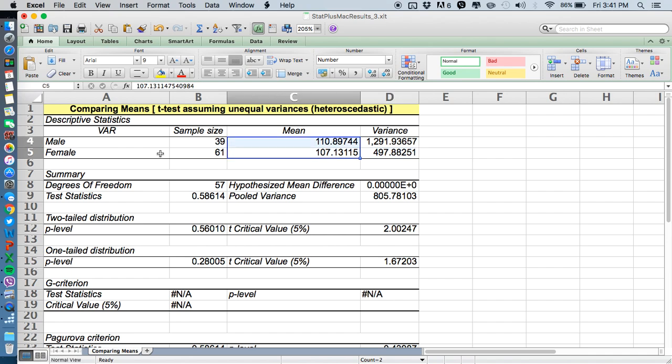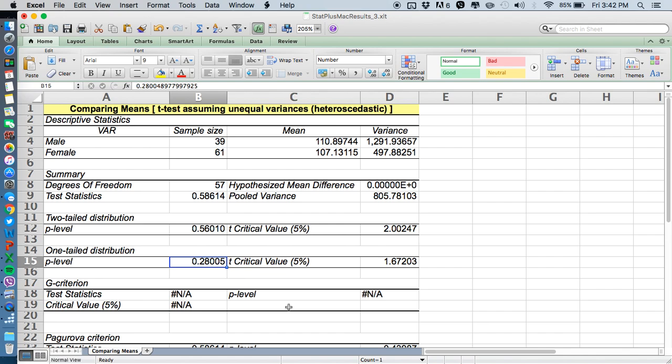Now, comparing the two sample means, it seems like the average for the males is bigger than the average for the females, and that's what we have to test now. Is the average for the males really bigger than the females? Or is the average for the males just different from the average for the females? Depending on what you want to find out, we have to select the correct p-value for us to make the interpretation. If your alternative hypothesis states that the average time spent of males is bigger than the average time spent of the females, then you have to check the p-value for a one-tailed distribution, which here is